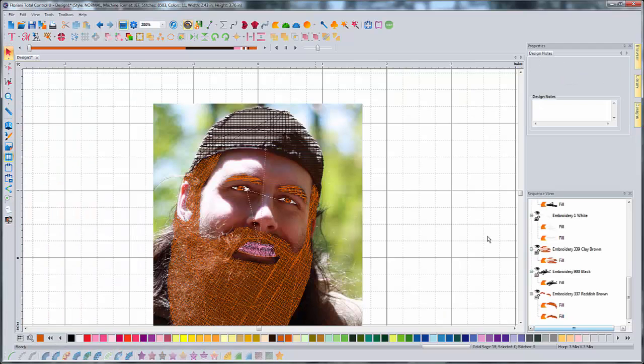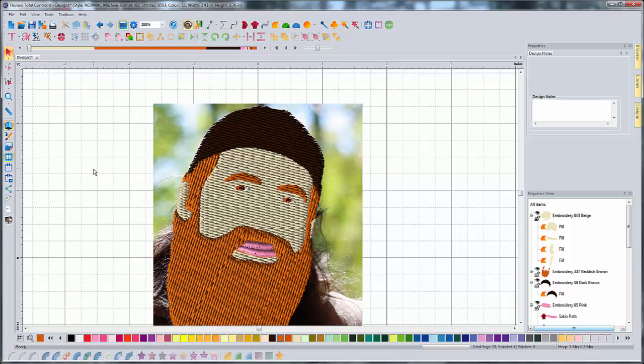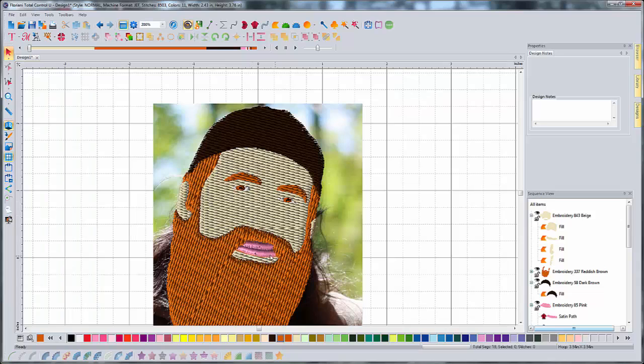Okay, let's bring my face back. Scroll up here in the sequence view, and that's this one. Hit the little eyeball next to it. Bring my face back. Put that in 3D. See what we got here. Hey, all right. No nose though. So the nose we're gonna do with a running stitch. Okay, so that is disturbing and creepy, but I do know from experience that this ends up sewing out pretty